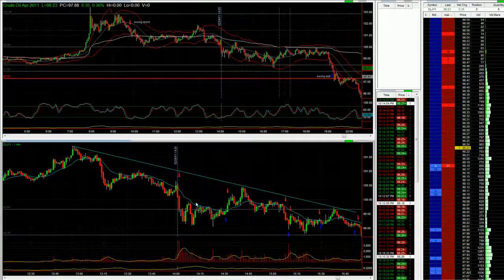This was just a break of this sort of triangle, looking for one more test of 100. I didn't think it would leave it behind without one more go at it. So there's the long, there's the close just before the 100 again, using that as a sort of pivot point, if you like, the 100. Again, it pushed above it, couldn't hold, tried. When I see it try and I see it starting to dip low and the volume coming in, there's my short, and I'm just looking for a test of the low. In actual fact, it tagged the 99 and popped up, and yes, I do remember this trade now.